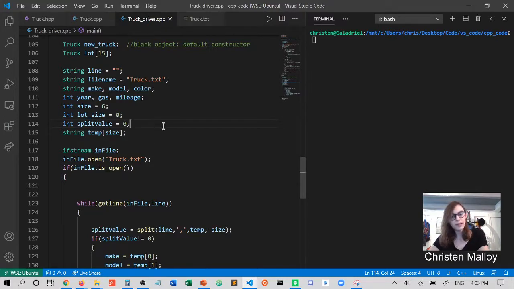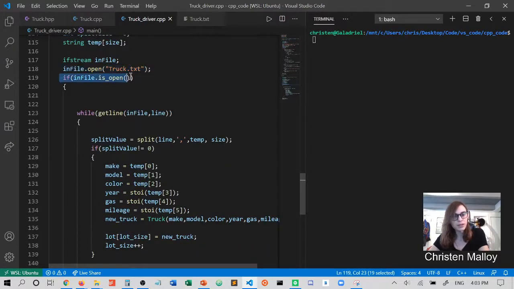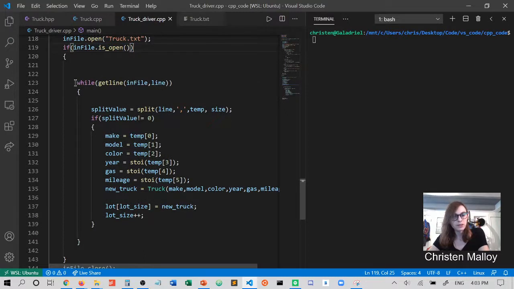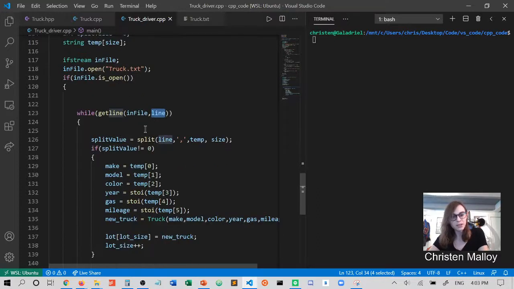So because I'm using #include <fstream>, the next thing I want to do is declare an ifstream variable called inputFile. I'm going to use infile to open the text file, check to see if it is open, and if that happens, then I'm going to use a while loop that incorporates a getline. The getline will take in the file stream variable and the line that I want to parse the information